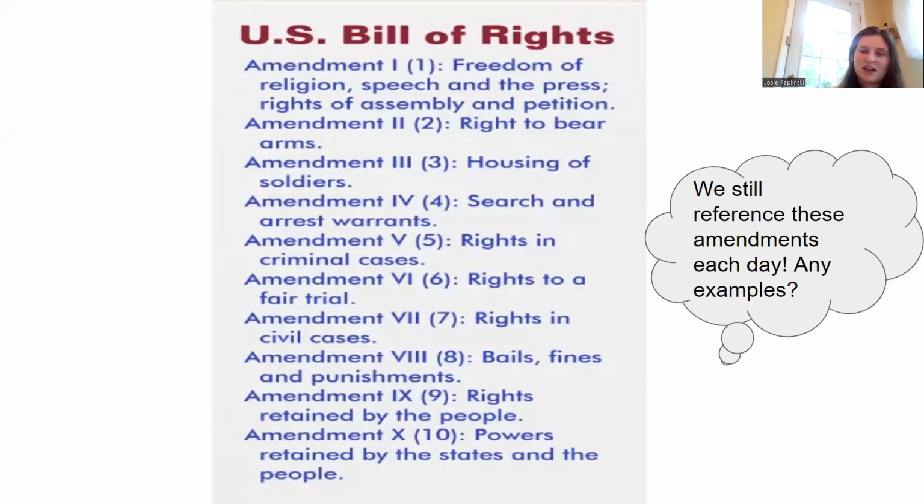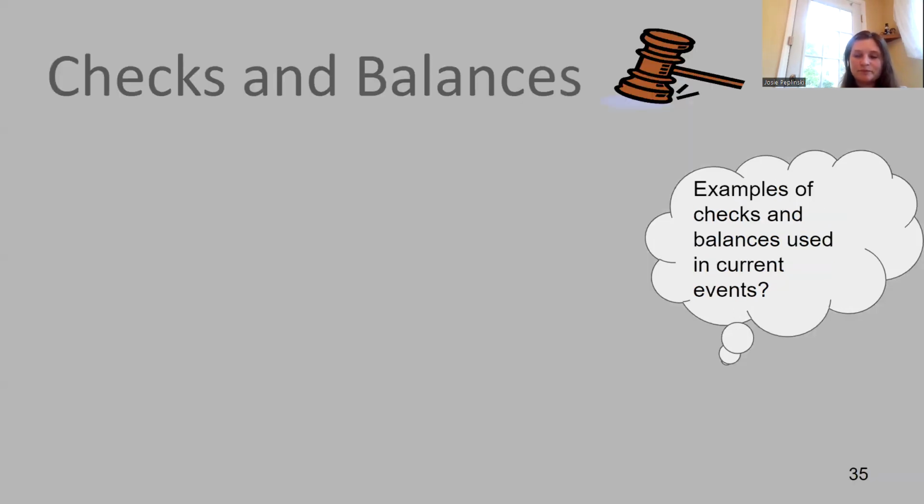So they want, with that 10th one, of course, for the states to have some reserved rights so that the federal government doesn't have a right over everything, saying if the Constitution does not specifically state that a right is a federal power, it should be a state right. So these amendments are often still referenced today. For example, we have things like Miranda rights referenced back to the amendments. Freedom of speech is referenced all the time.